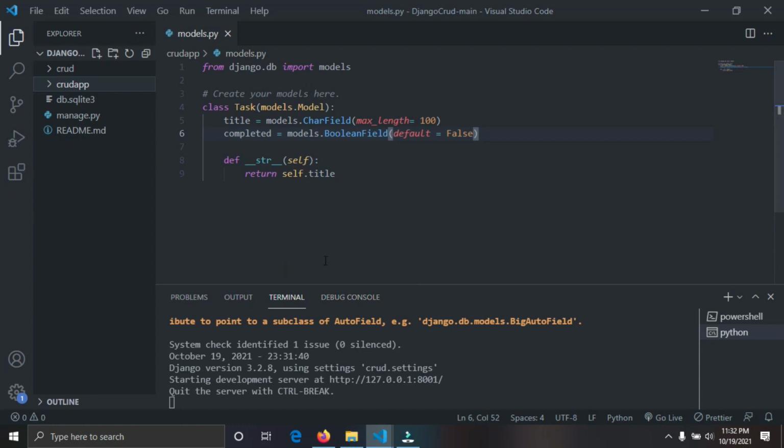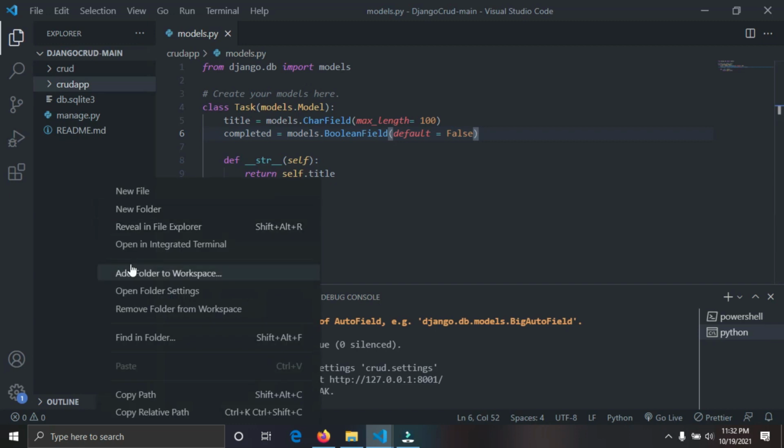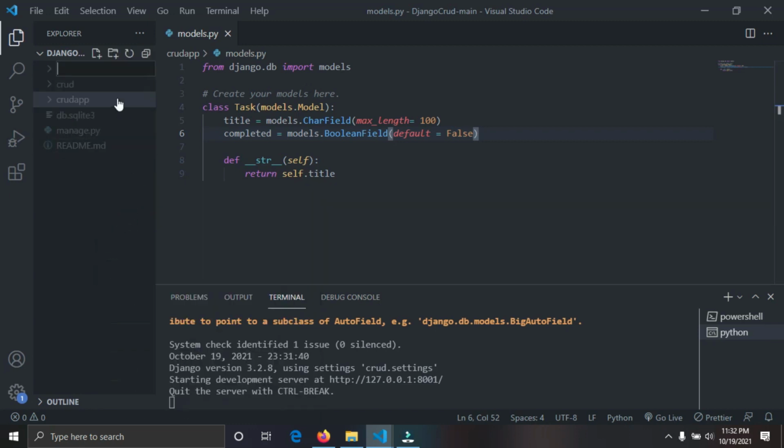So I'm not gonna use a normal way of start app. I'm just gonna create a new folder here, and I'm gonna call this API, because I don't need those custom